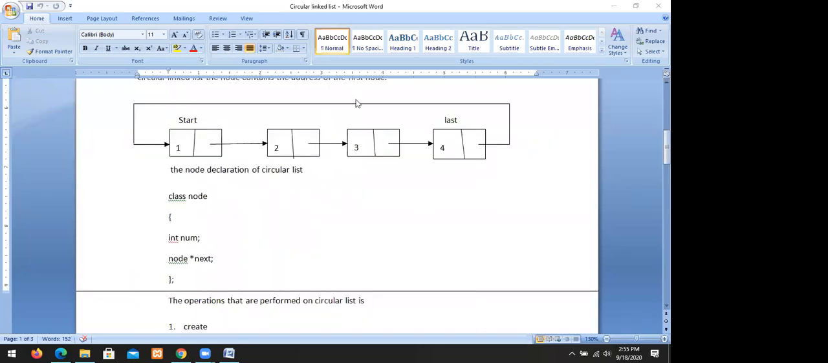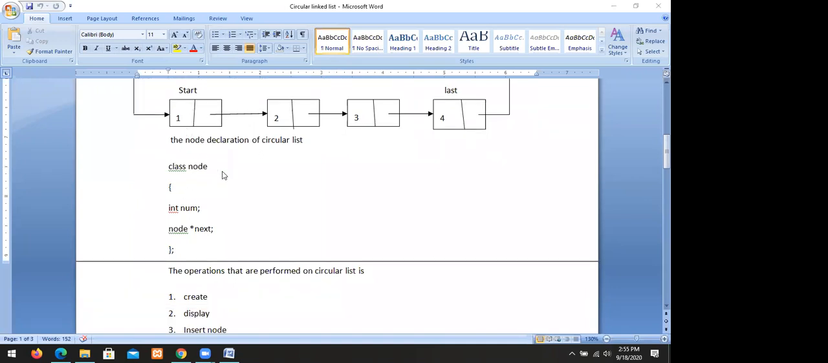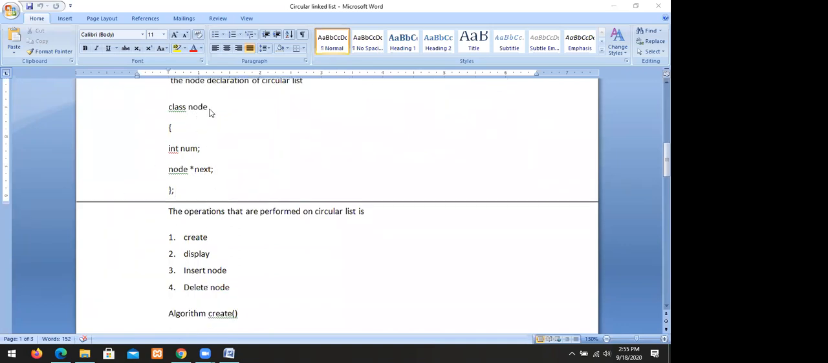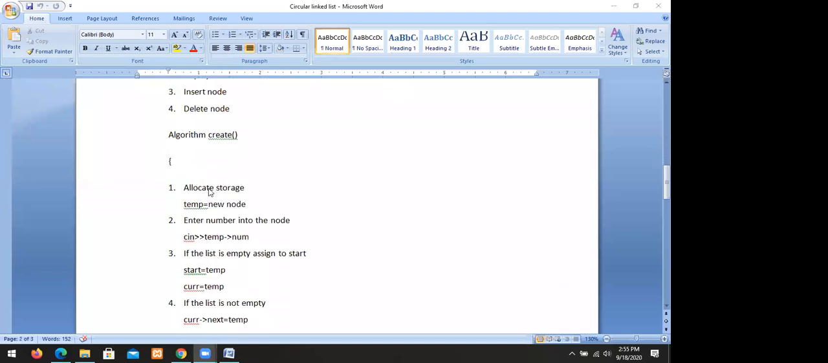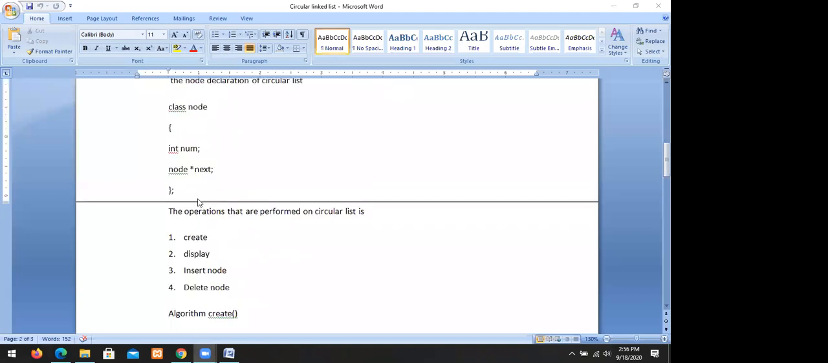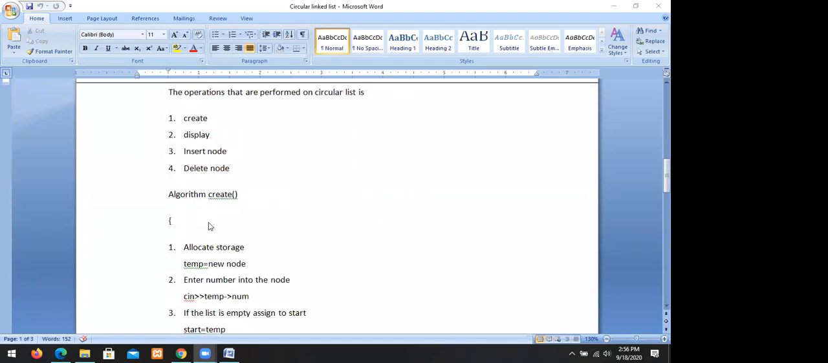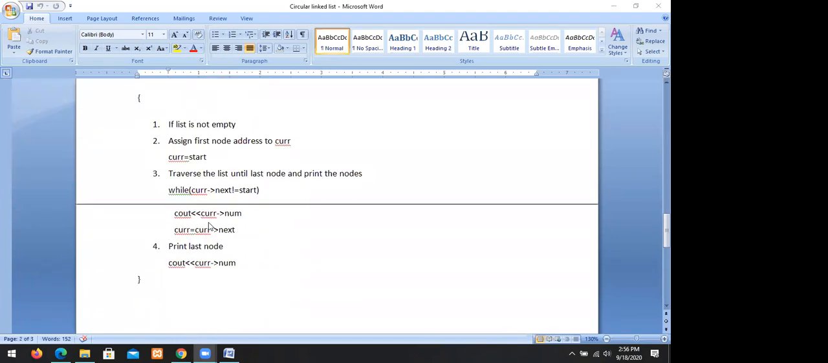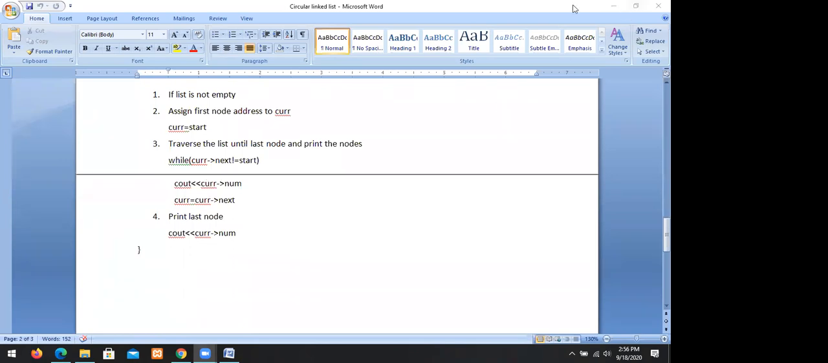So this is the node declaration of a circular linked list: class node, number, node star next. This is the circular list. There are different operations performed on a circular list: create, display, insert, and delete nodes. We have already discussed create and display nodes. Create node is used to